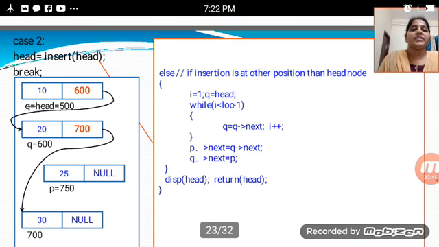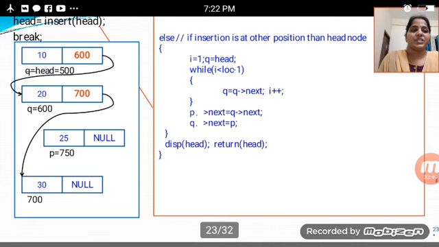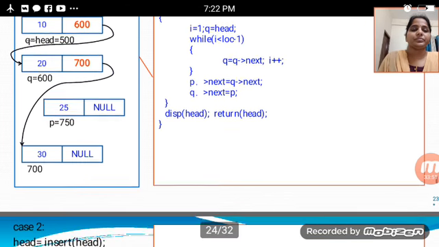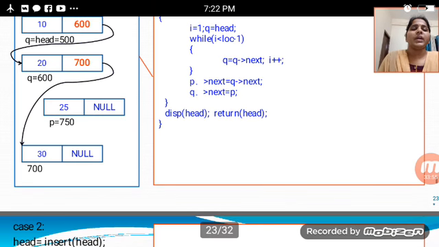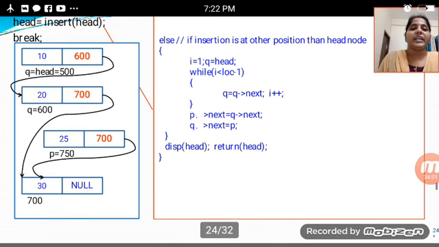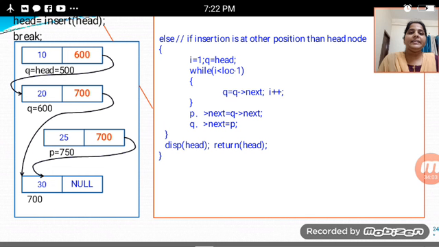Case head is equal to insert value. In this case multiple expansions with this code. P is equal to, we are not inserting, in this case we are same code written here, P is equal to 750, the location will be there. After that in this case multiple links between 30 having in this graphical shown figure, 30 having two address location for the 25 and 20 data elements.